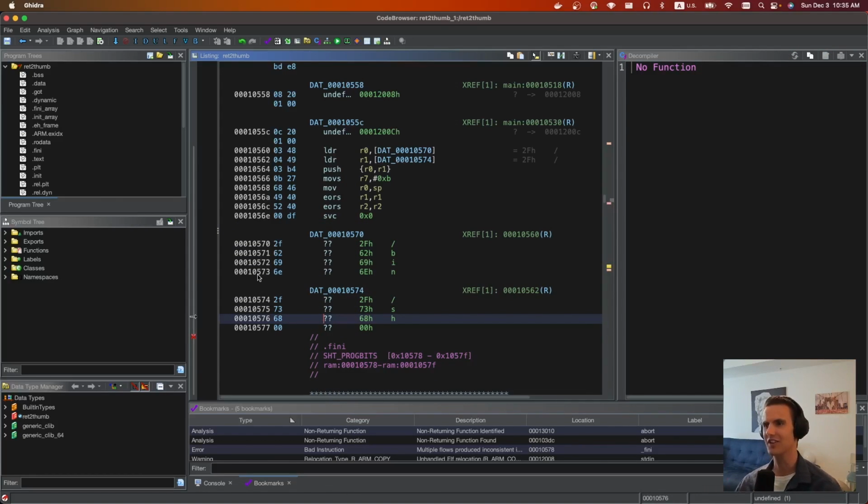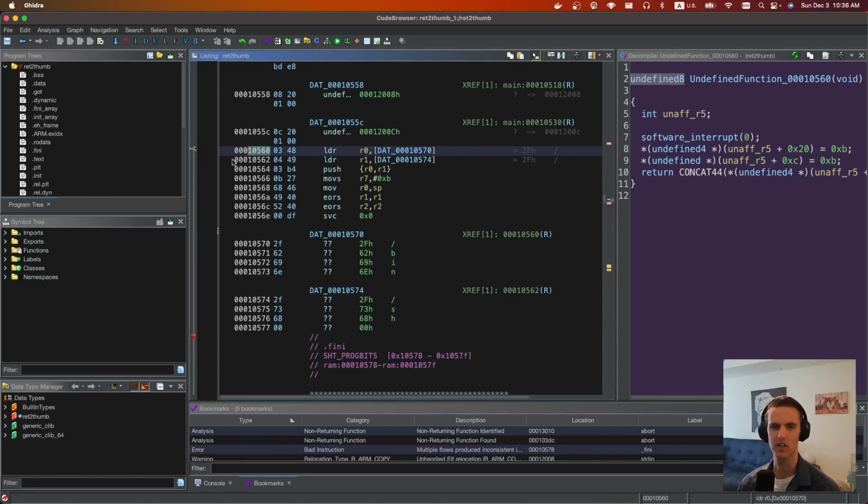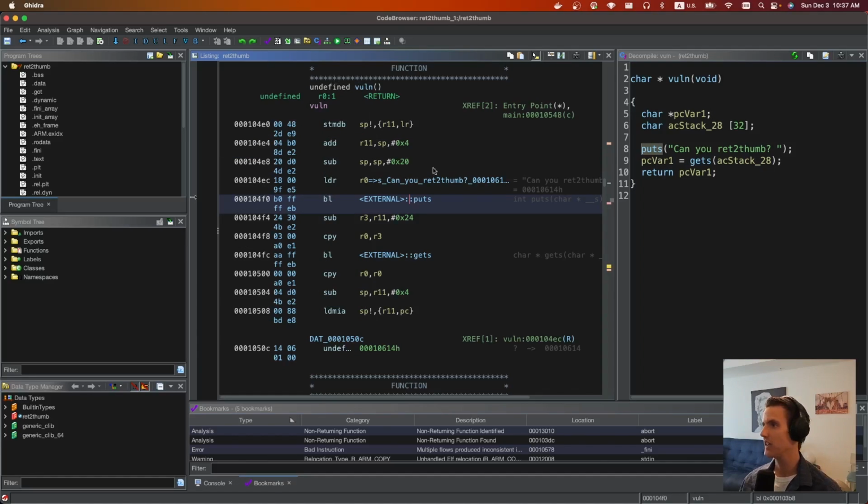So the whole challenge was realizing that the shellcode already exists within the binary, you just had to find it. Ghidra by default didn't decompile it because it's Thumb code, I guess. But yeah, all you have to do for this challenge is just jump to this address and it will spawn a shell. So if we look at the vuln function, like I said, we had a buffer overflow,